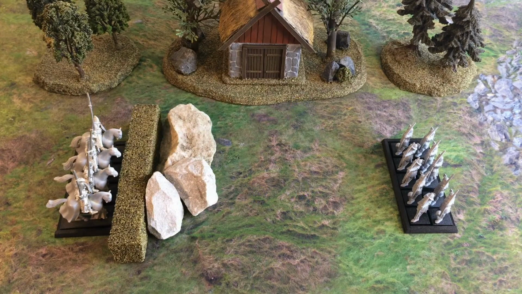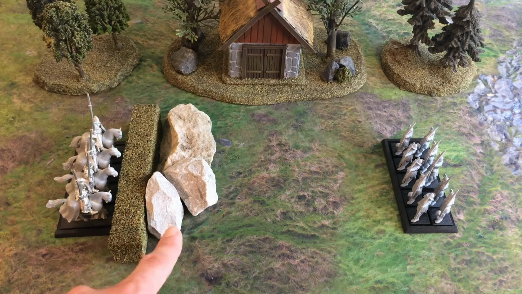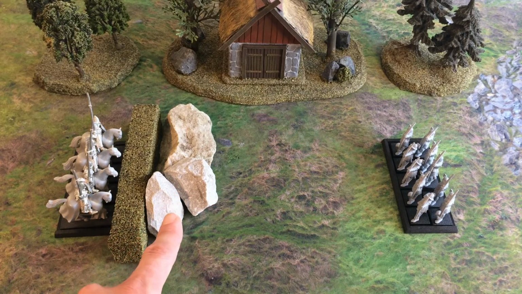One exception to the cumulative rule comes in the case of cover. In this example, we have a hedge here, which is soft cover and provides a -1 shooting modifier. We also have a stone wall here, which is hard cover and provides a -2. Now, instead of adding these together for a -2 plus -1 for -3 modifier, we take the stronger of the two, which is the hard cover, and therefore we say that the High Elf Silver Helms have a -2 modifier